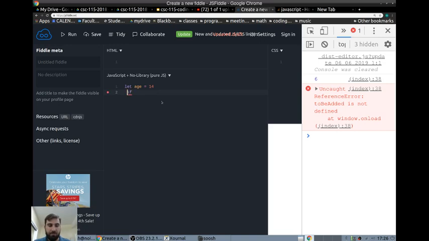If, and I have some parentheses, in here I need to plug in a Boolean. So it has to be something that's going to evaluate to a Boolean. The most simple one would be if I actually put a literal Boolean, not a variable, not something that needs to be calculated, just literally true. Let's do this. If age is greater than 13 and age is less than 18,